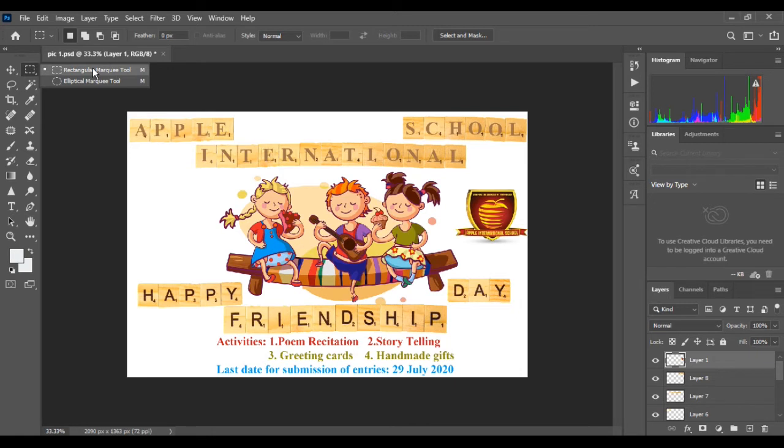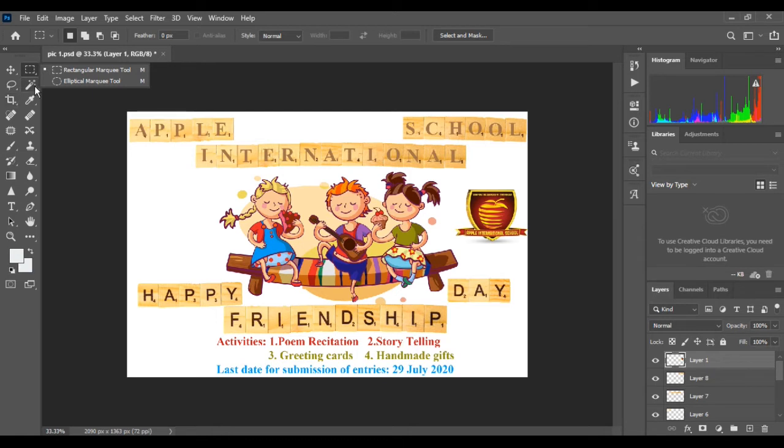The marquee tool is used to select a part of the image. Next is the lasso tool. It makes freehand, polygon, and magnetic selections. We will learn about all these tools in detail in the next part.